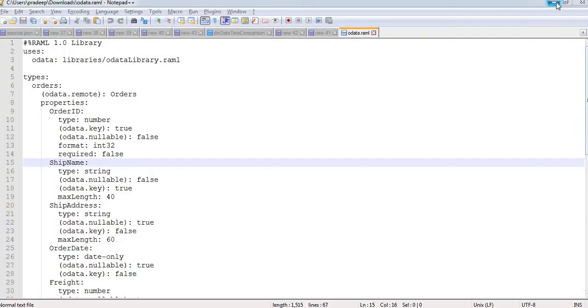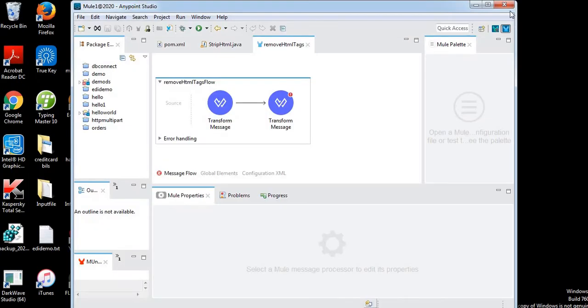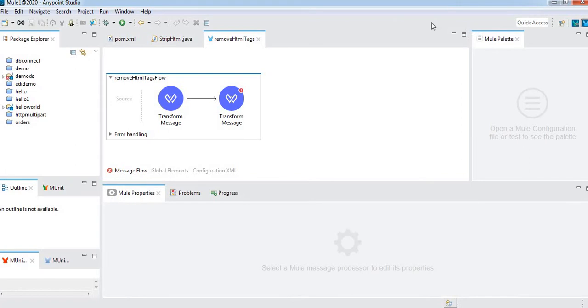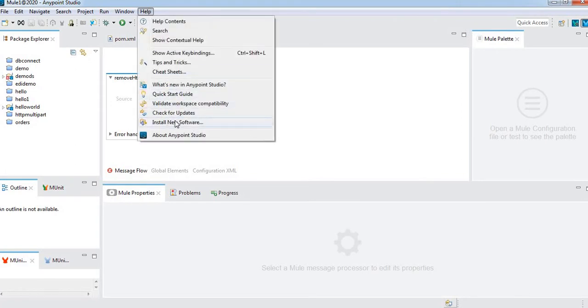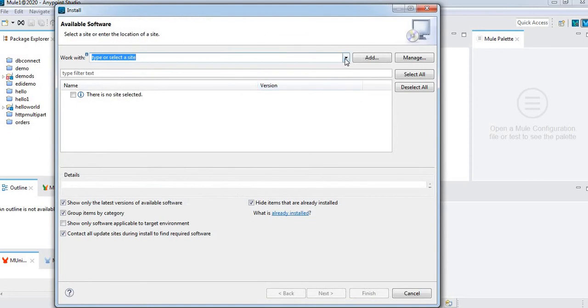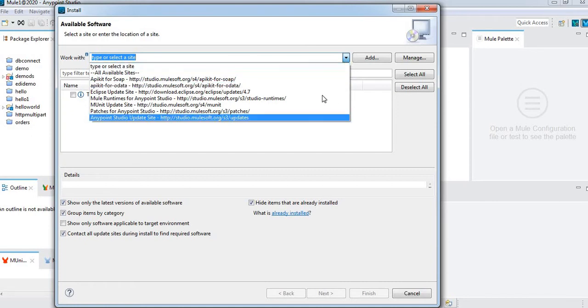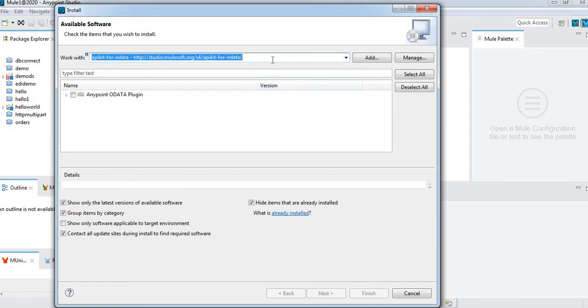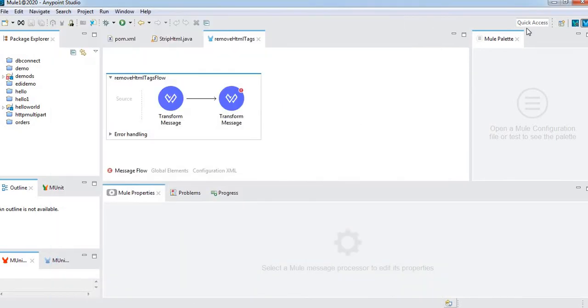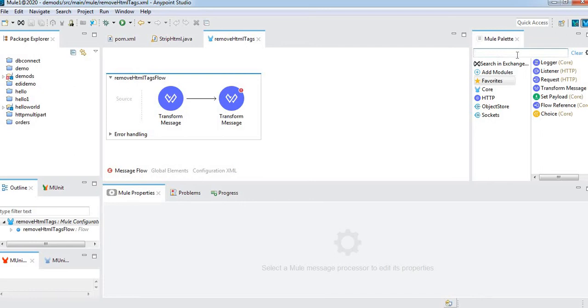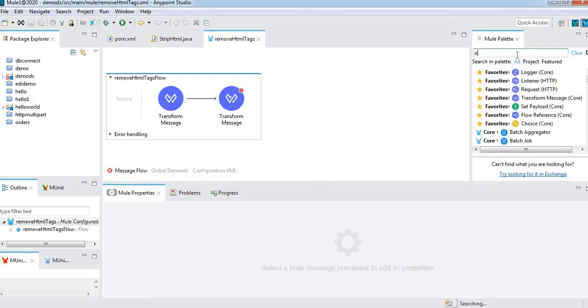Okay, let me get into Anypoint Studio. So we'll install the OData plugin. From Help, go to Install New Software, and here we paste this URL. I have added this Anypoint OData plugin into my Anypoint Studio, and now from the panel I have the OData.